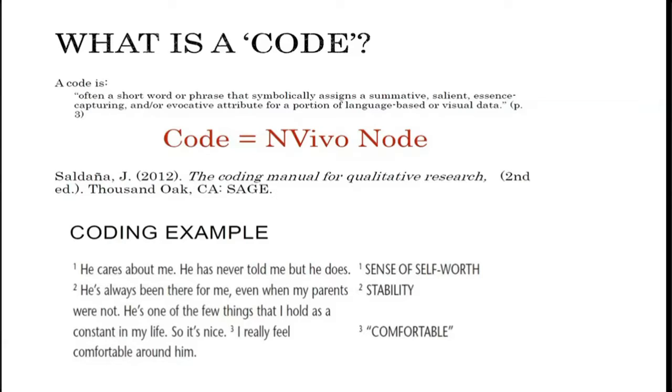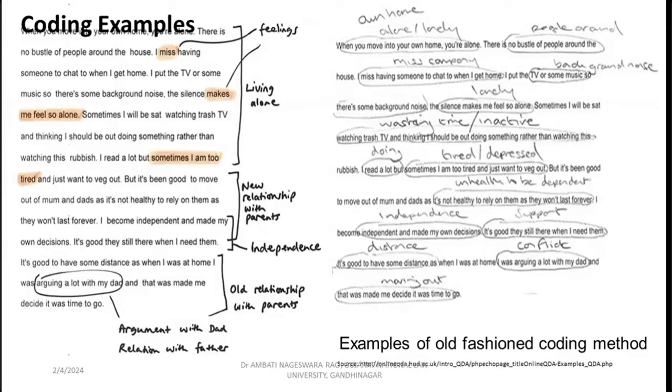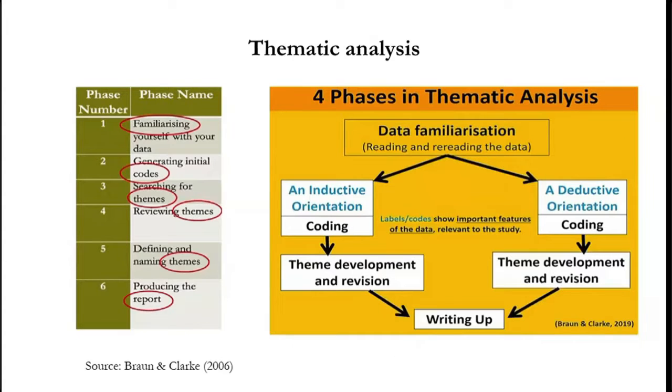As I mentioned on day one, again I'm repeating, the way I'm giving coding may not be the same as if Malati madam is going to do the same. It depends on her understanding, her knowledge, her exposure, her way of thinking about it. But the text is the same. Whether I am reading the text or she is reading the text, there can be some similarity. I'm not saying that 100% there is going to be change, but at least you can see some changes in the way we are understanding. For example, here I'm thinking feeling. Somebody thinks certain attitude problems, some perception problems. What I want to say here is that the first stage and second stage, familiarizing yourself with the data,